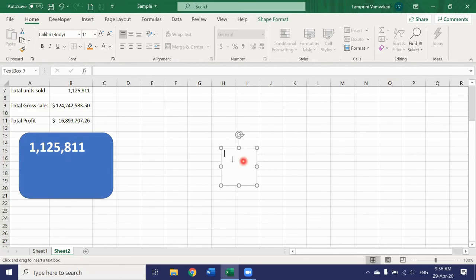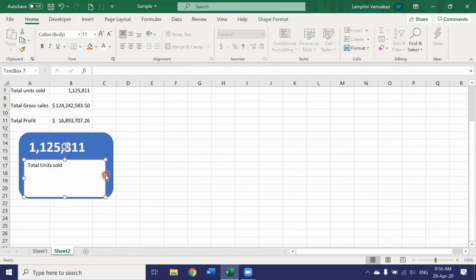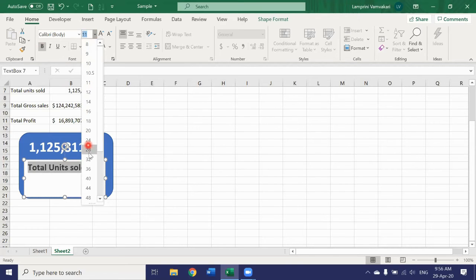And here it is, my text box. So here I can write total units sold. I can now drag my text box into my shape and I can now format. Let's make it bold, larger font,